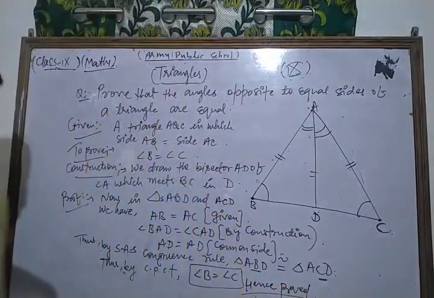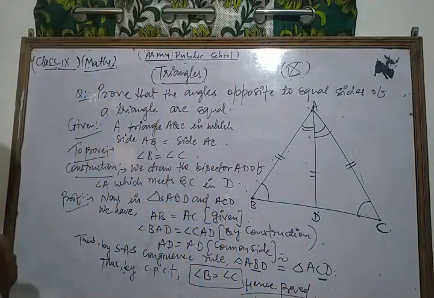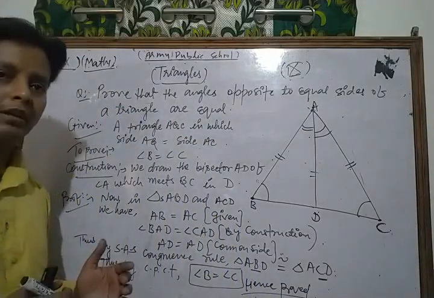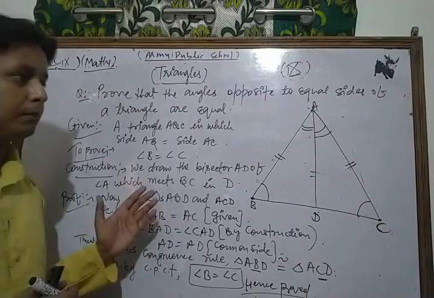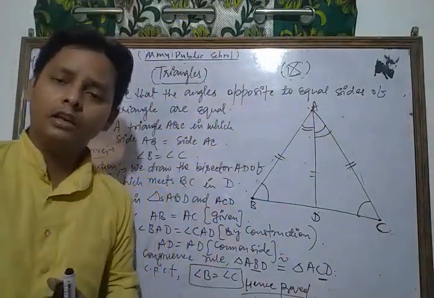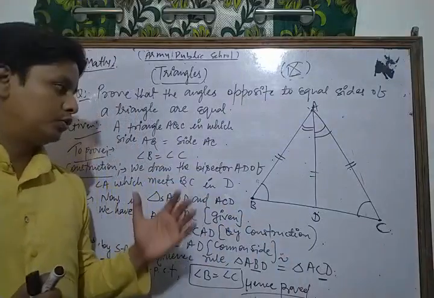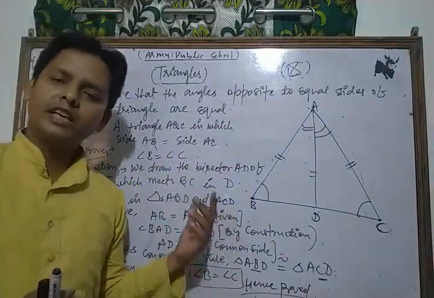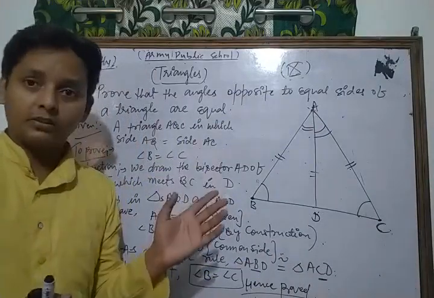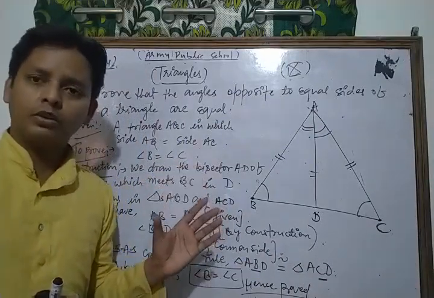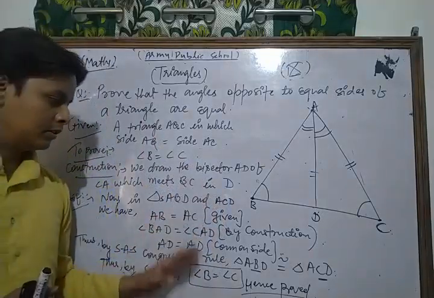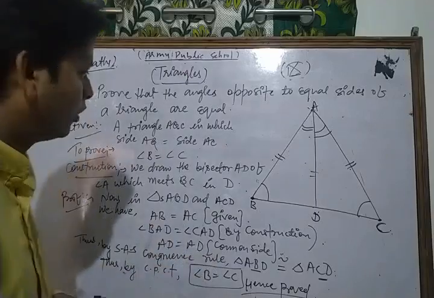Prove that result. Okay. So in this way, dear friends, we have to show that the angles opposite to equal sides of a triangle are always equal to each other. So using that result, we can solve so many questions of your NCERT exercise based on these results. This is one of the most important results of your topic, so please remember that result always in your mind. Okay, now which is very important.